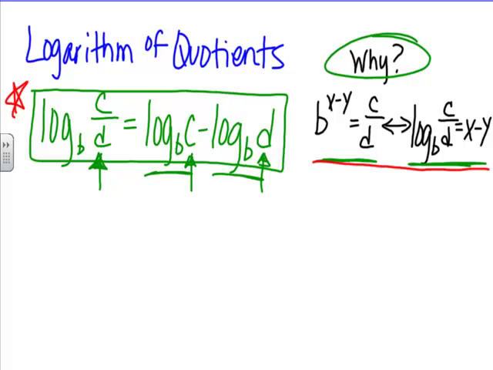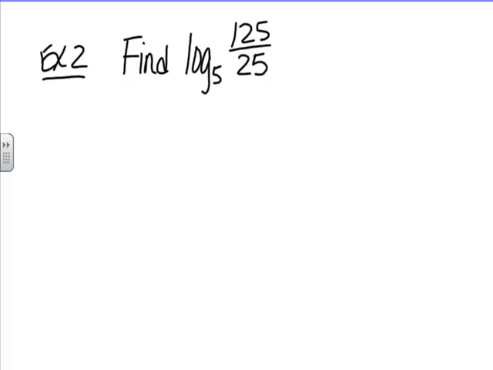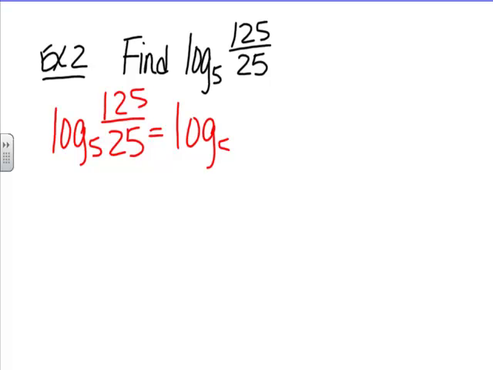Okay, so let's put this to work in an example. Find the log base 5 of 125 divided by 25. I'm going to go off the information that we got in example 1. So I can rewrite this log base 5 of 125 over 25 as the same as log base 5 of 125 minus log base 5